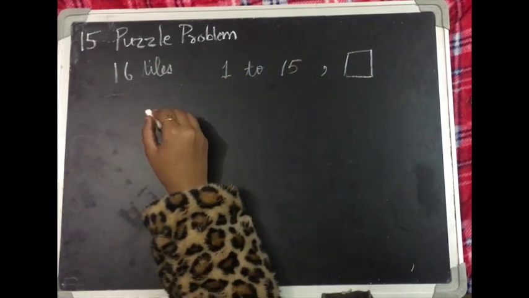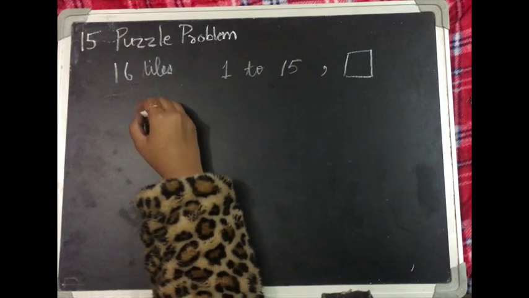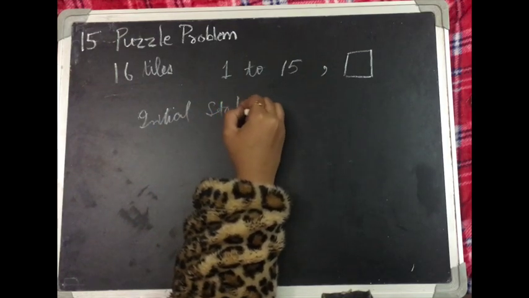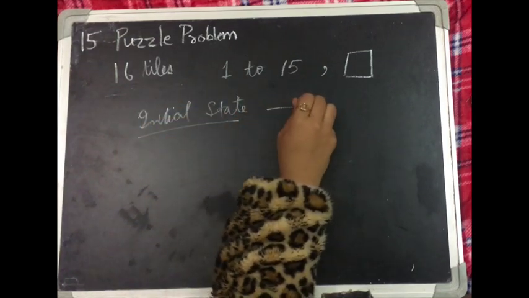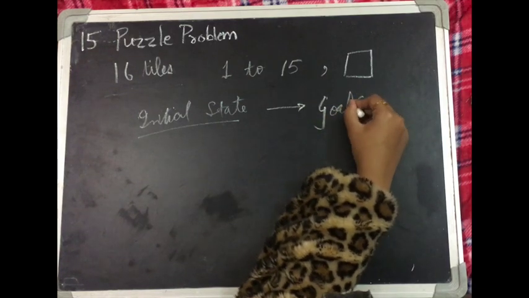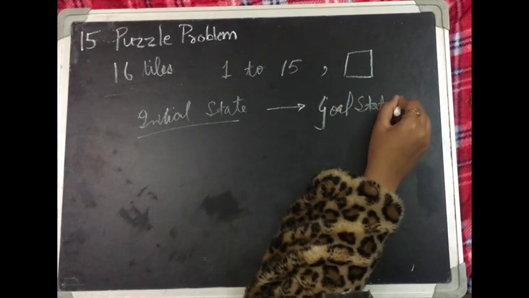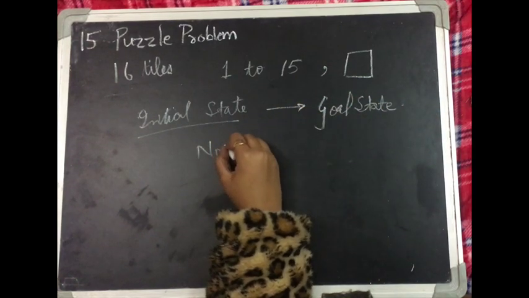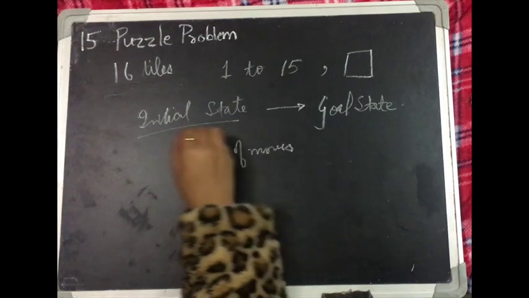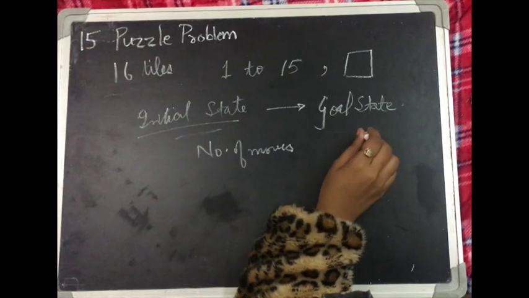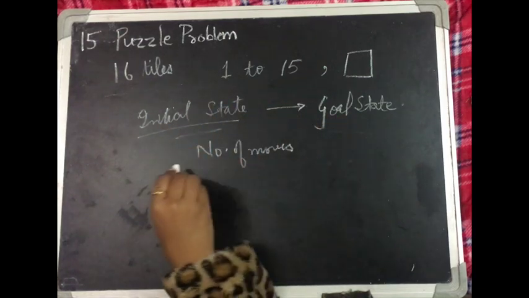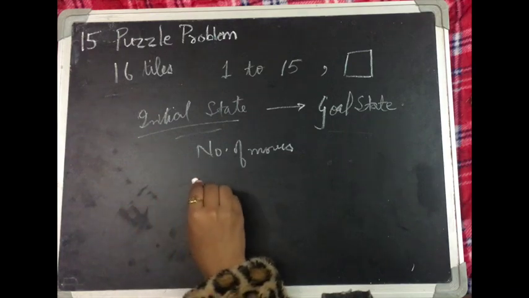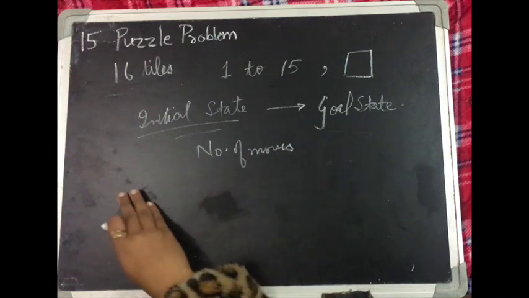In this question we will be given an initial state, and using a number of moves we have to go to the goal state. So we have to find the number of moves that we take to move from initial state to the goal state. Before starting my process of reaching there, I have to see whether I can reach the goal state or not. For example,